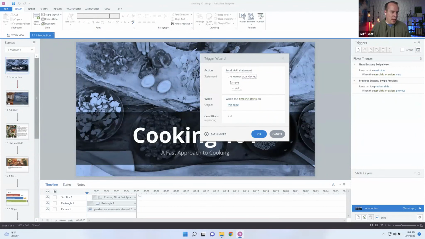So xAPI and CMI5 both do need to be uploaded into an LMS. So then send over to the LRS. That is a good question. The xAPI package, when we talk about not just xAPI, but the xAPI package, it does need to be uploaded to